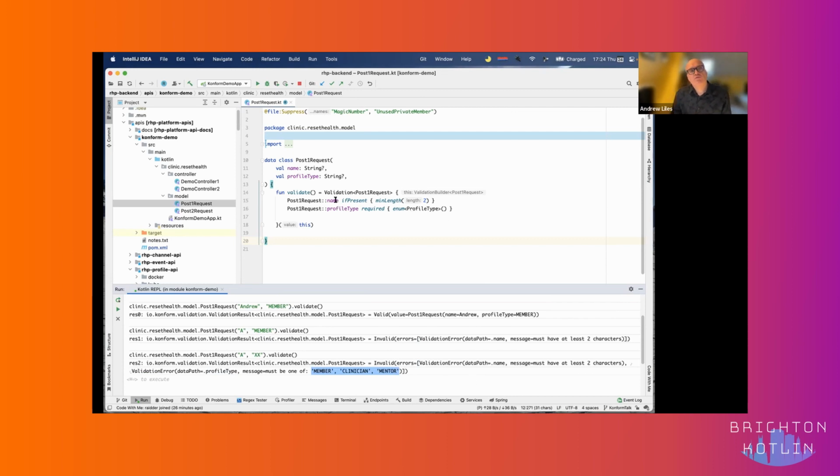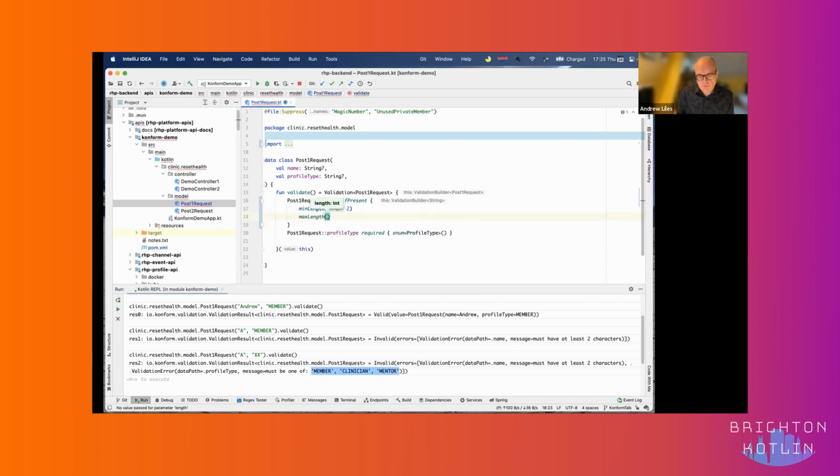We wanted to be able to do multi-field validation. We're using a simple syntax, and you can do more than single validation in one go, of course. I could have max length, for example. Let's take that to be 6. And if we put this in again, and this time I put,